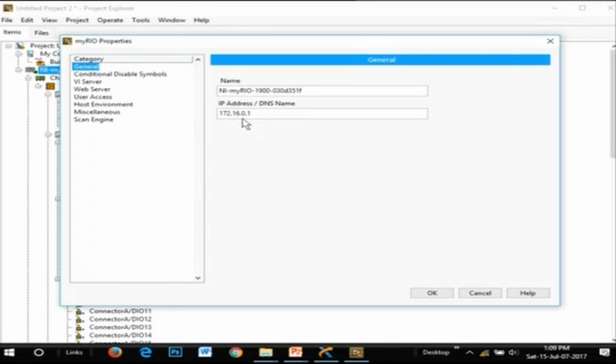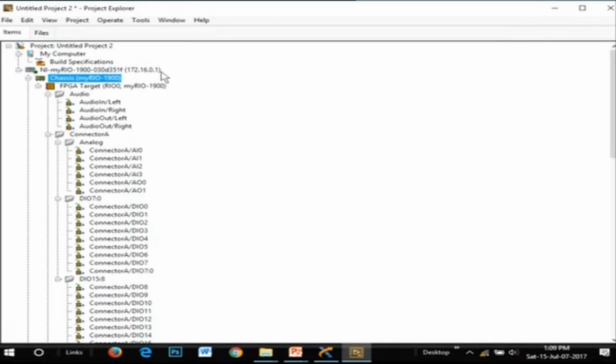Like how I was showing in the morning session, it might show like that. Sometimes you will not get it. I'm really happy that it was not showing, because I'm showing the actual step you are supposed to do for this. So you go and personally change it to the required IP. Fine. So now right click on this and say connect.